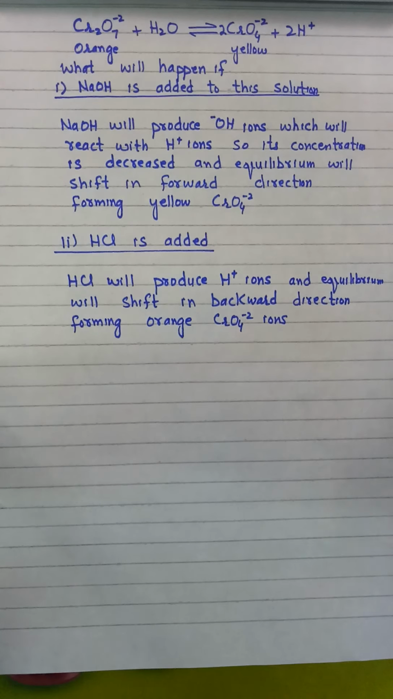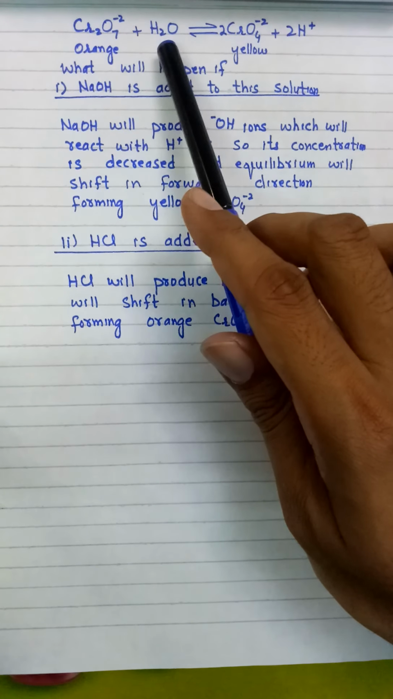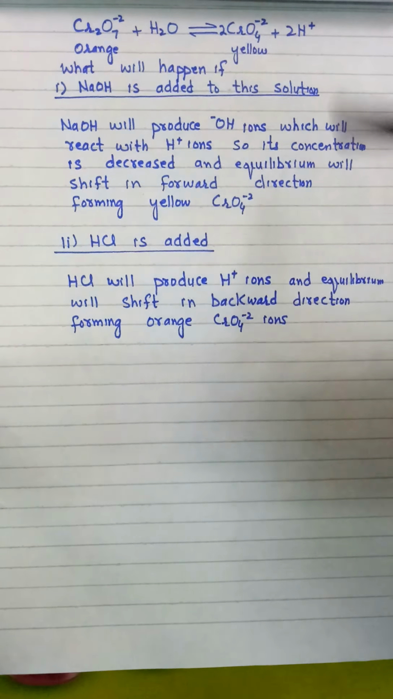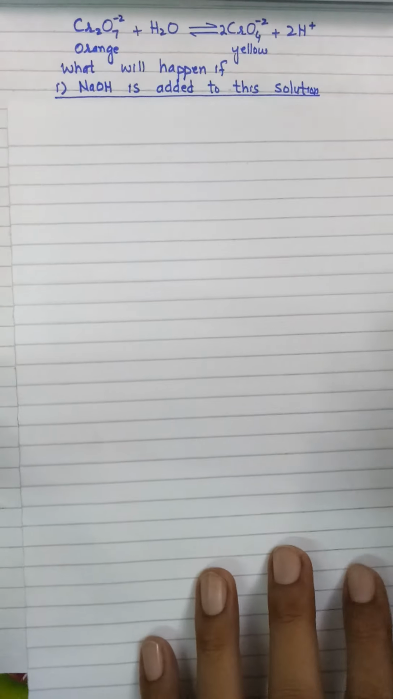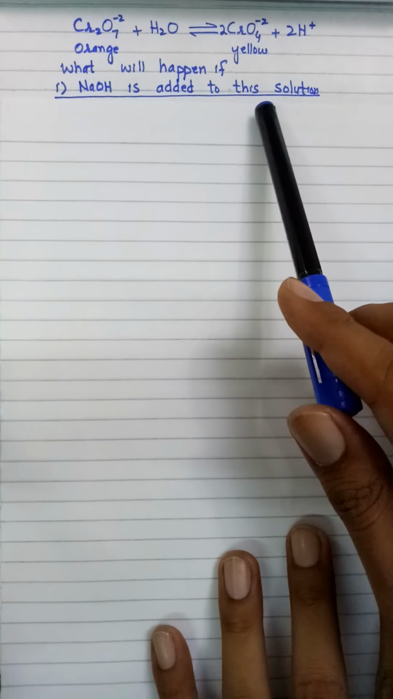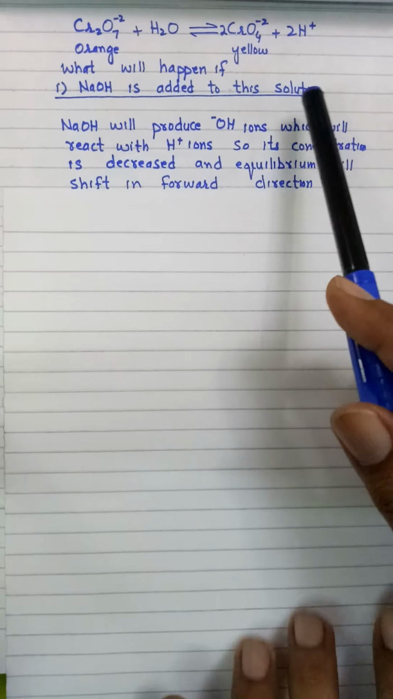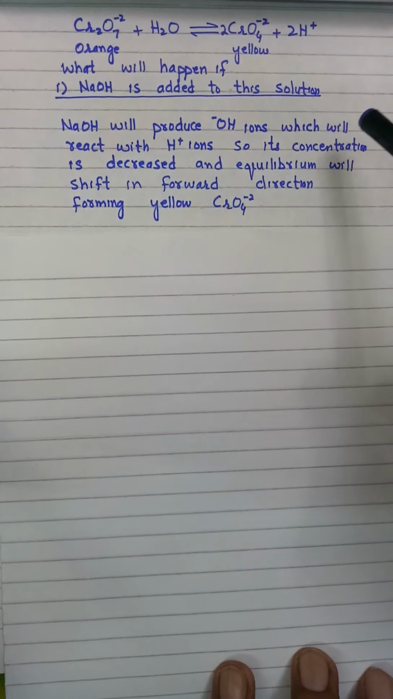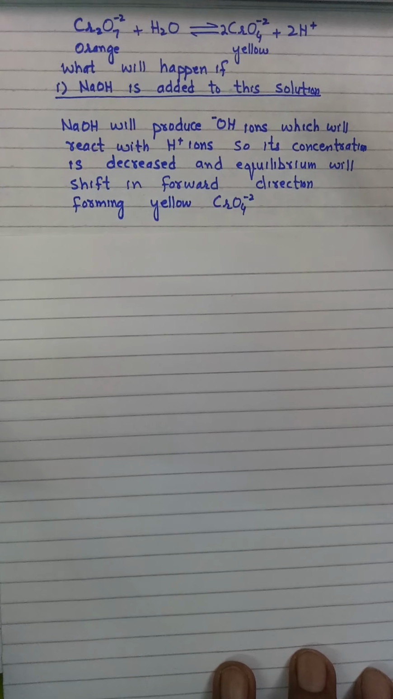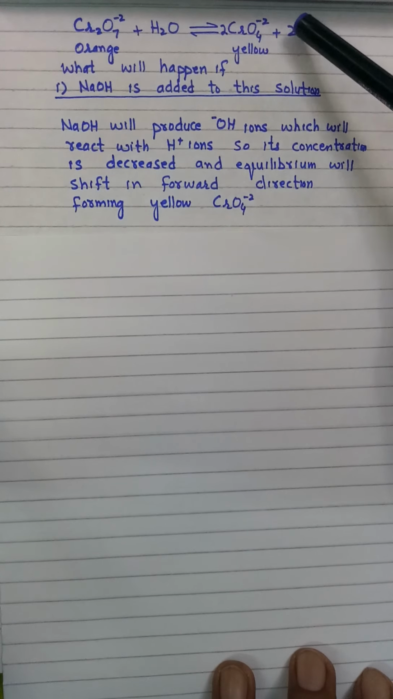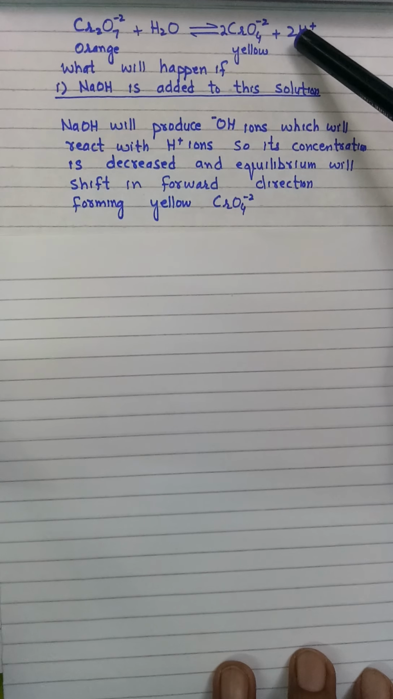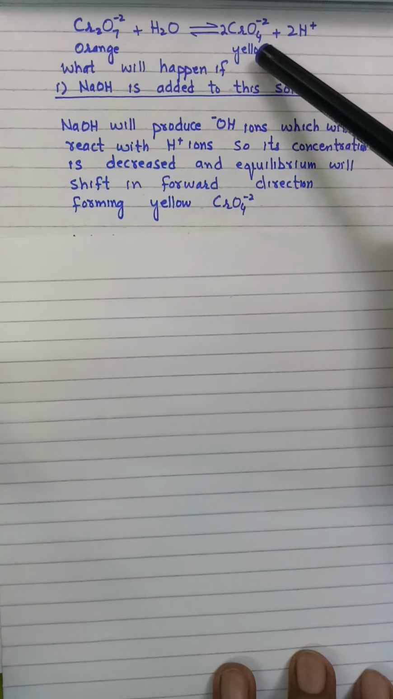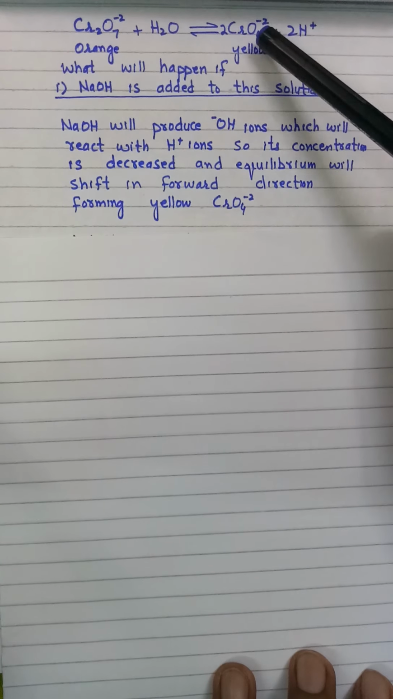Similarly, we are provided with this equation. Dichromate ion reacts with water to form chromate. Dichromate is orange in color and chromate is yellow. The first question is, what will happen if sodium hydroxide is added to the solution? Sodium hydroxide will produce hydroxyl ion. Hydroxyl ion will react with the H positive ion, and as a result, the concentration on the product side will decrease, and according to Le Chatelier's principle, equilibrium will shift in the forward direction,